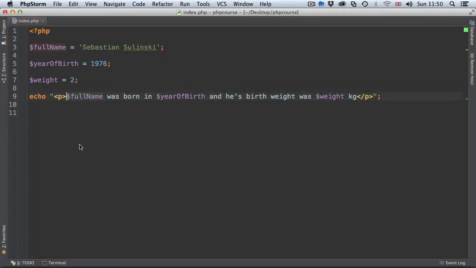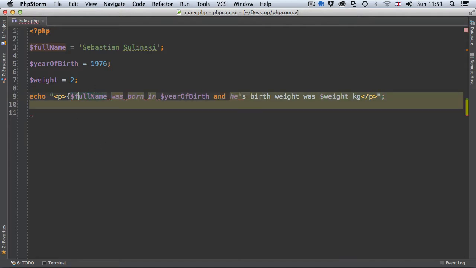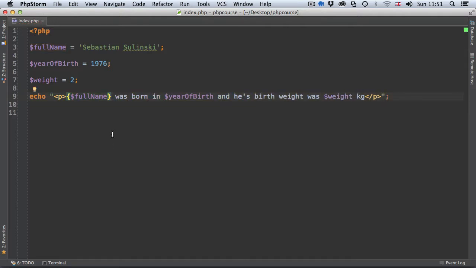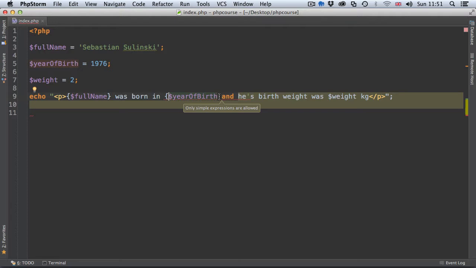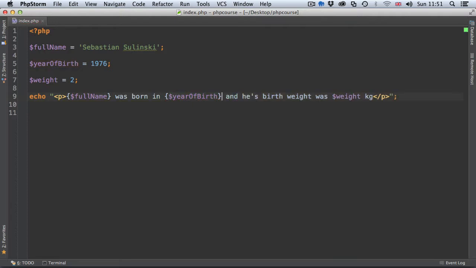And this example shows the way I prefer to do it. When I'm wrapping strings within the double quotes, which allows us to put variables directly within the string, I tend to wrap them within the curly braces. It doesn't do really anything, it's just outlining the variable in a little bit better way to me, basically. PHP knows that obviously this is only the wrapping element of the variable,